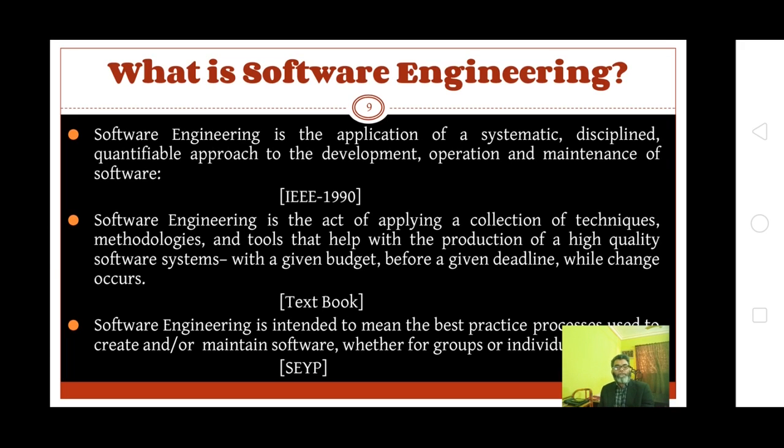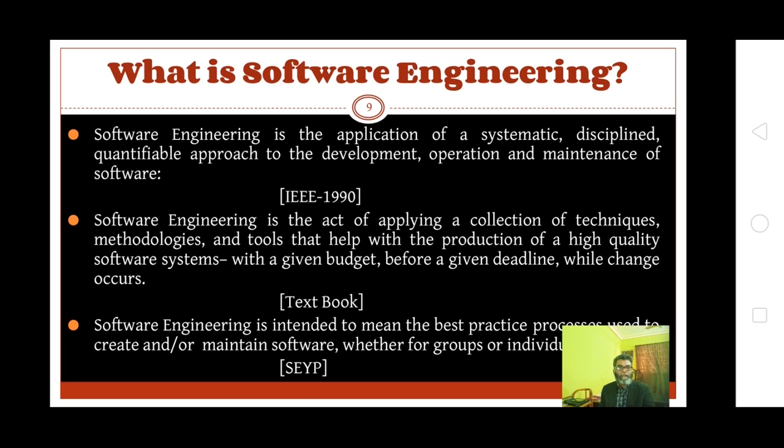There are other definitions for software engineering. According to IEEE, software engineering is the application of a systematic, disciplined, quantifiable approach to the development, operations, and maintenance of software. According to different textbooks or different authors, software engineering is the act of applying a collection of techniques,